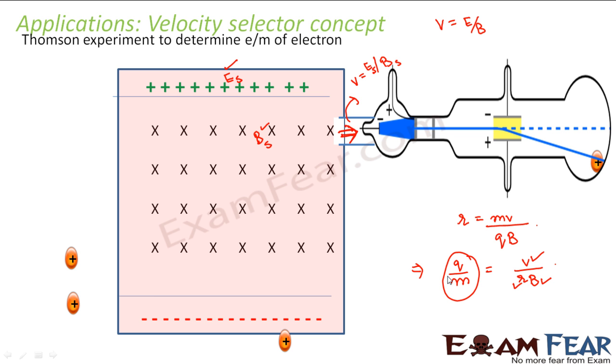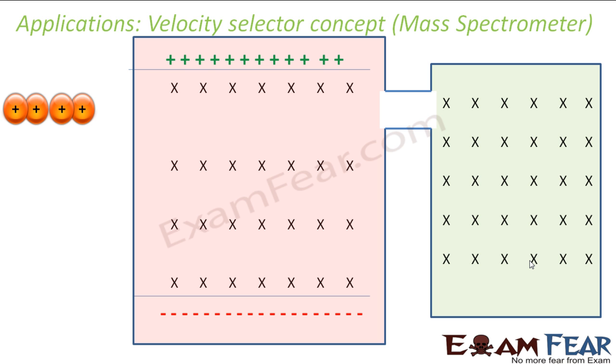So you understood the concept, because had he not used this velocity selector concept, it would have been very difficult for him to calculate the velocity of the particle. He would not know that when an object is moving, it has millions of charged particles inside it, and it is not necessary that all the charged particles will move with the same velocity. So how will you calculate the velocity of each particle? That is why this velocity selector concept was introduced, and it really helped.